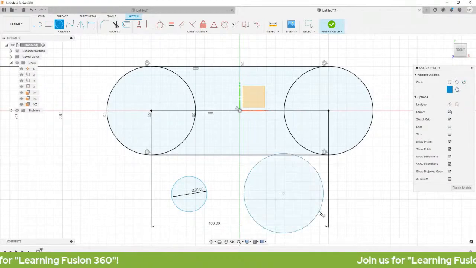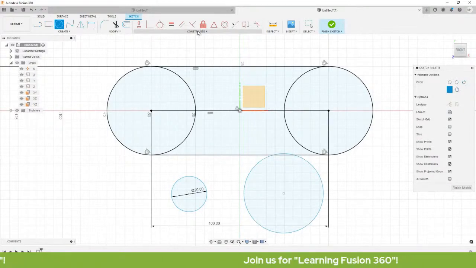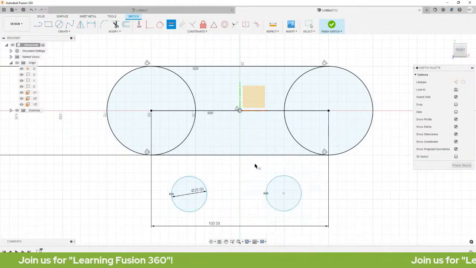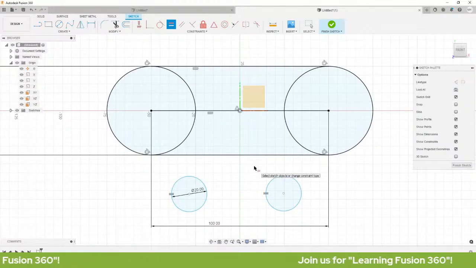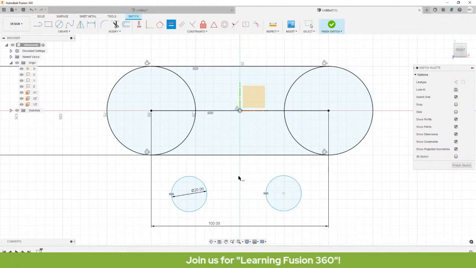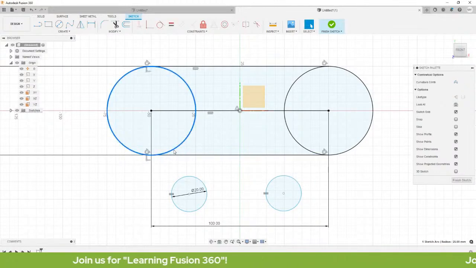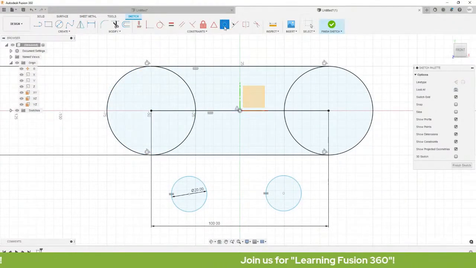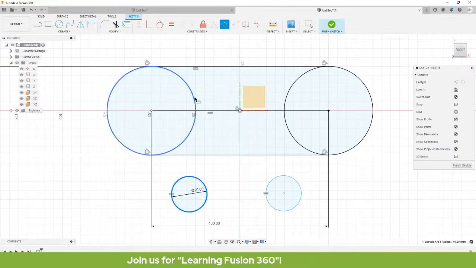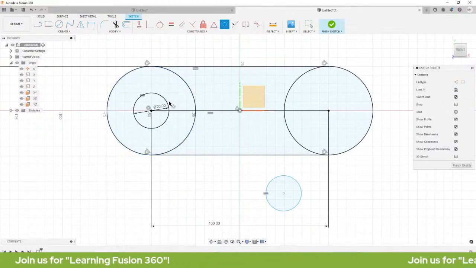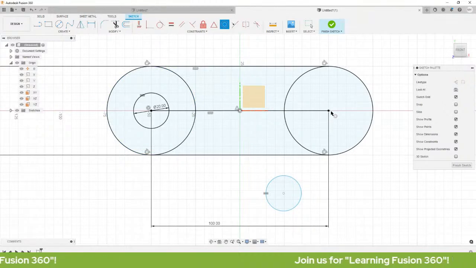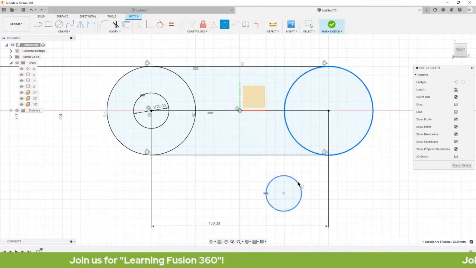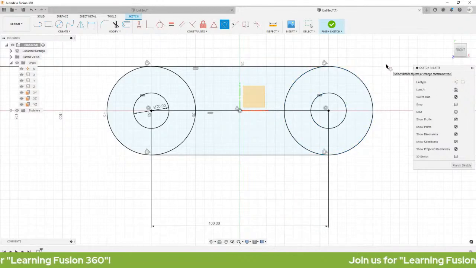Isa pa ulit na circle. Okay. So head over to constraints and select equal. Selecting this circle and this circle. Okay. So our next intent is to share the center point of this circle and this circle. No? So to do that, let's use concentric. Selecting this circle and this circle para mapunta siya doon. Okay? So, pwede naman na diretso na kayong mag-drop ng circle dito. Pwede rin yon. So, select this and this circle. Okay?